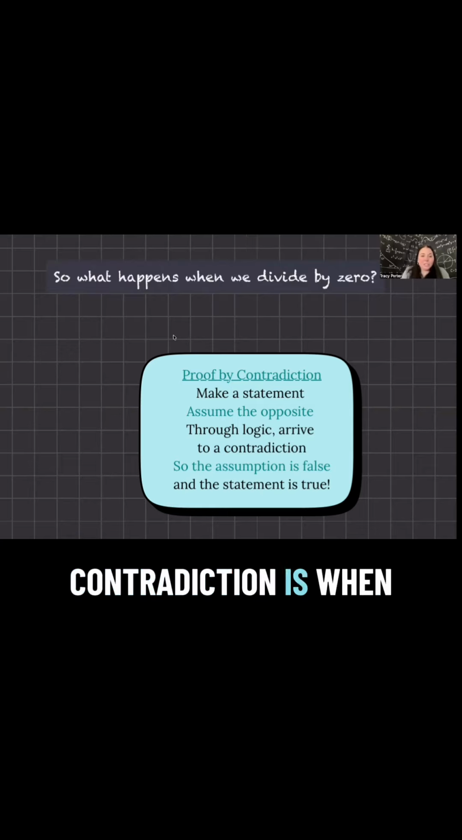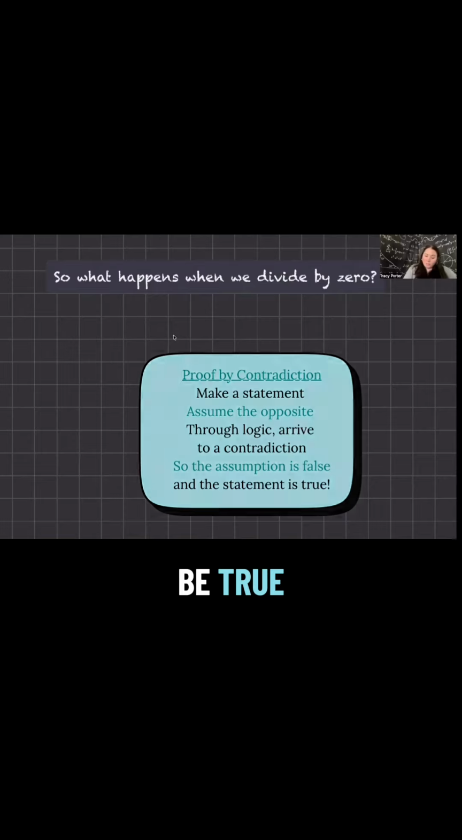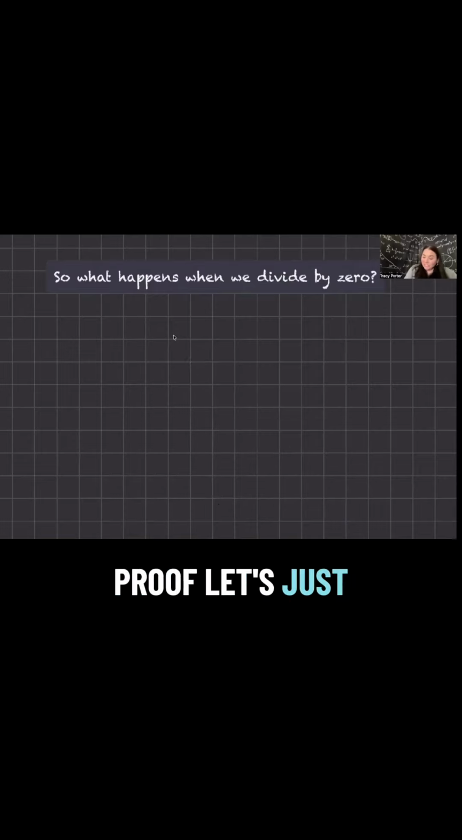Proof by contradiction is when you take a statement, you assume the opposite of the statement is true. And then through some logical argument, you're going to arrive at a contradiction. When you arrive at a contradiction, that means that your assumption was false, and so therefore the statement must be true. So for this proof, let's just assume